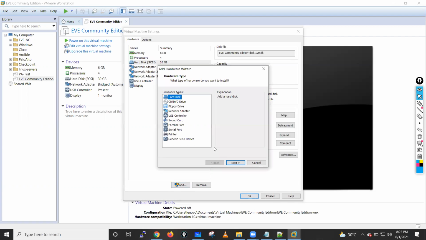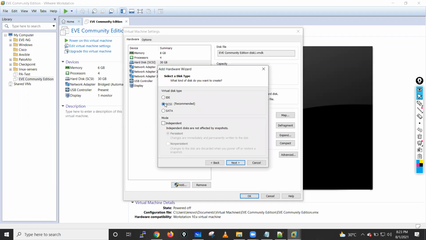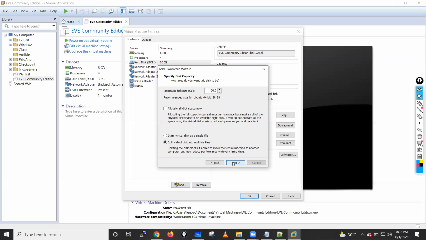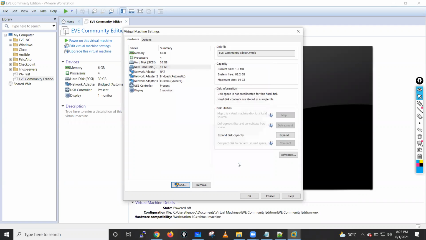click on hard disk here, next, select this option. Select next, create a new virtual disk. Next, give here at least 100 GB, guys. Give at least 100 GB. I am giving here only 10 GB because I don't have much hard disk, because I'm already running one basically. In your case, give at least 100 GB here, okay, and store it as a single file. Click on next, finish,